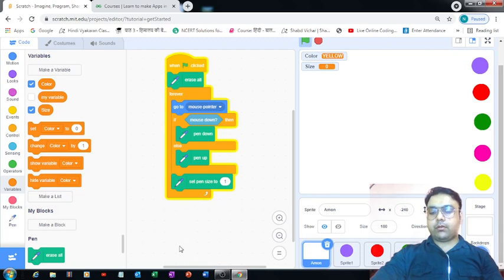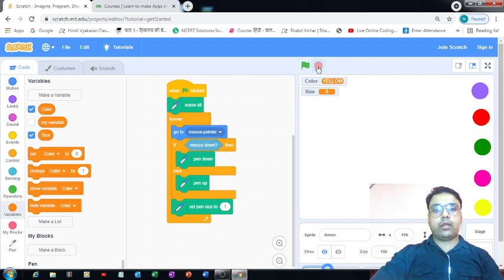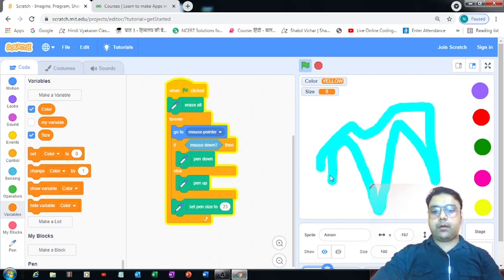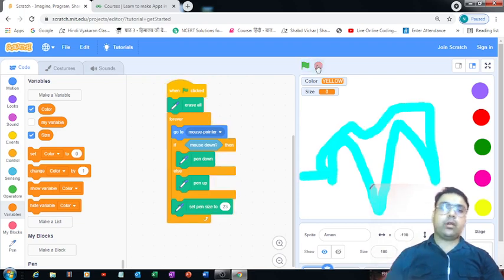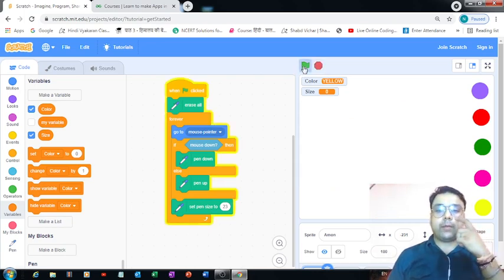Okay, so the pen size should be equal to, how the user, it is right now equal to 1. So when the user will click this flag, that is what we will see. Now if I change it to, suppose, 23, that's what is going to happen. So we have to now define some code with the help of which we can control the pen size also.